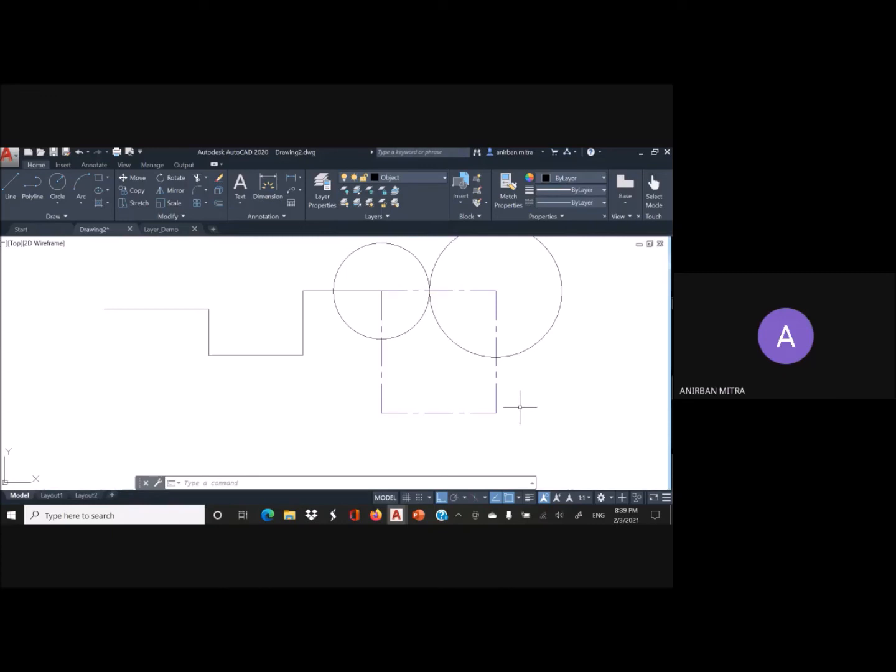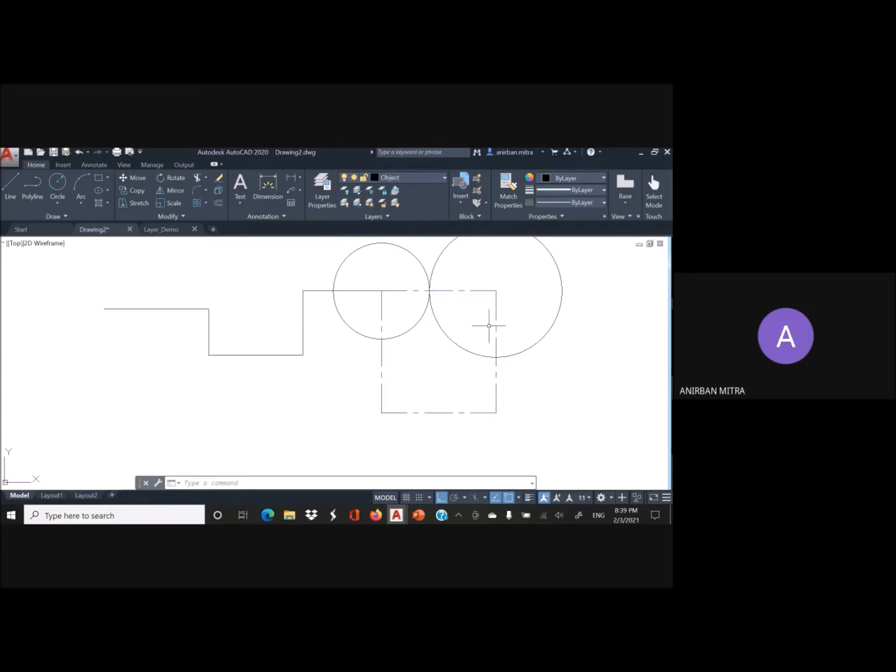But there is a big difference between switching on or off of a layer and freezing or thawing of a layer. What is that? The information about this frozen layer is not retained. So whenever a drawing is regenerated or refreshed, it improves the performance of the software. Because it is not retained in the memory, it improves the performance.